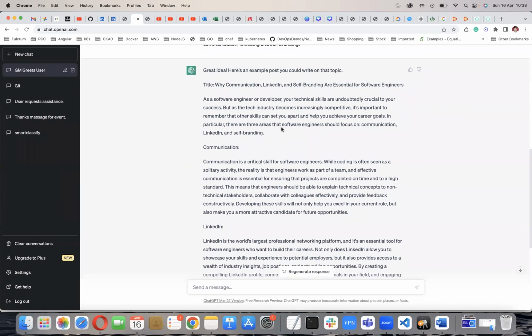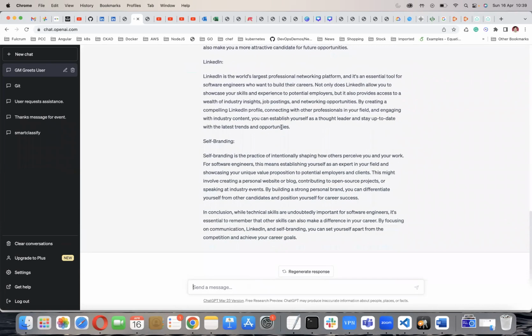Please read carefully. If you are looking and it is not looking right, can you write me a better version? So now I can ask the thing. Hey, it is looking good.